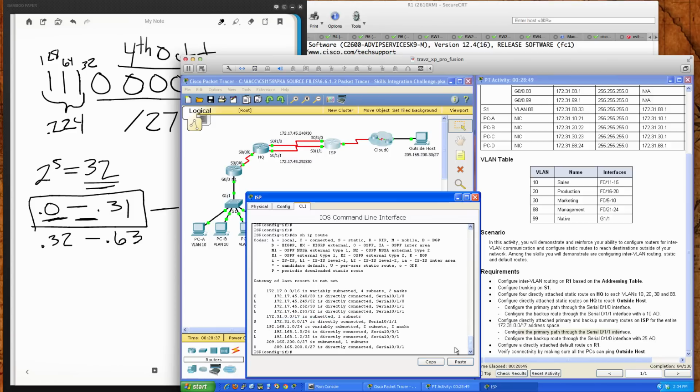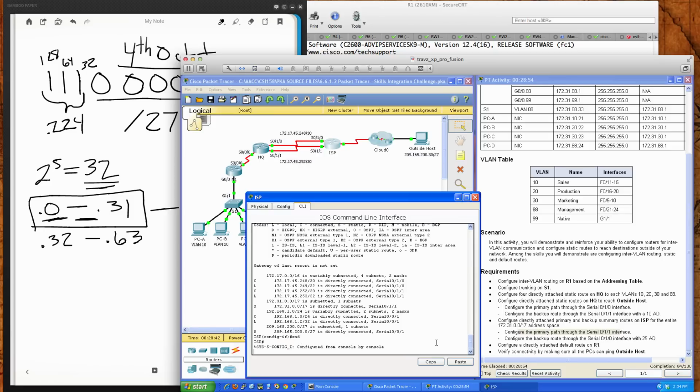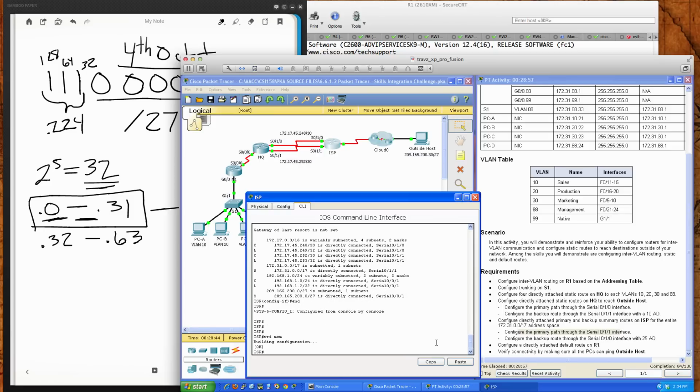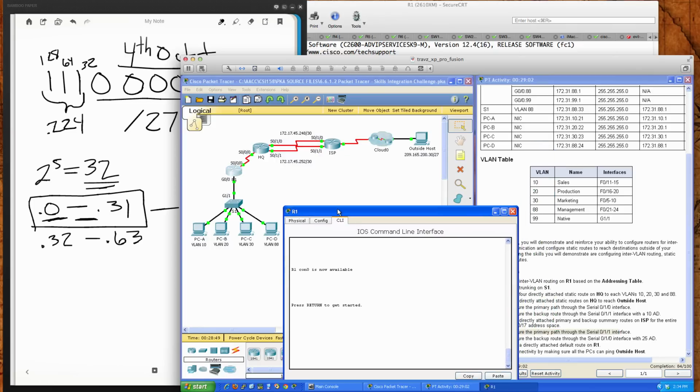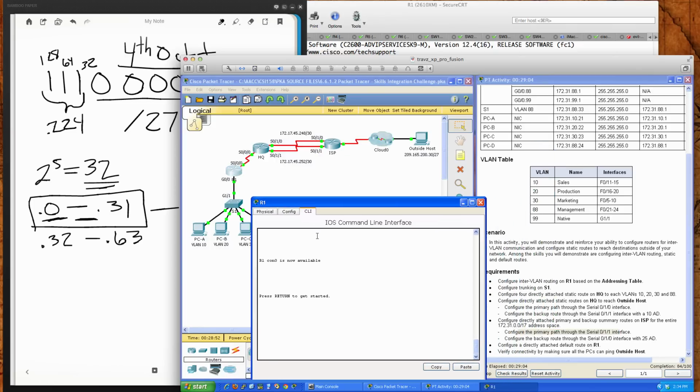Okay, so configure a directly attached default route to router 1. So let's save this here, make sure. All right, on ISP. So now we're back on router 1, and it would like us to configure a directly attached default route. So we'll go from user exec into privilege exec into global config. And we're going to do the quad zeros here. So there's our default route, and it says that it needs to be directly attached. And so our default route would be out serial 0/0/0,